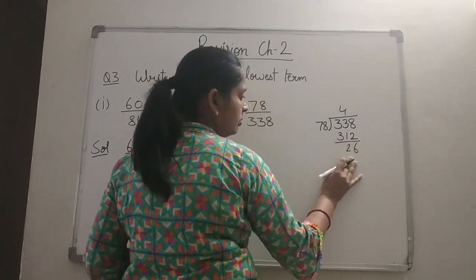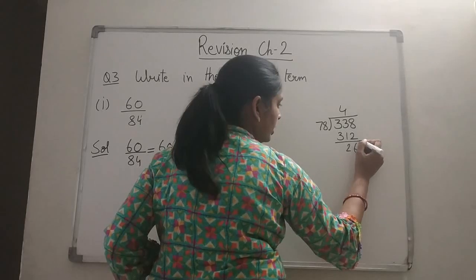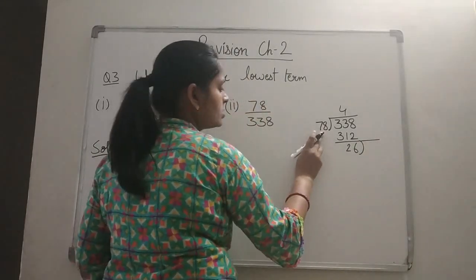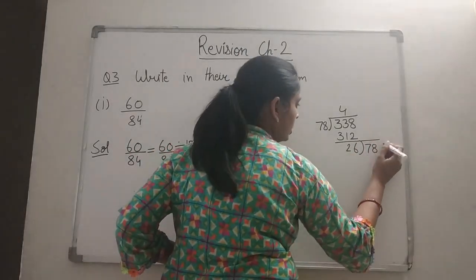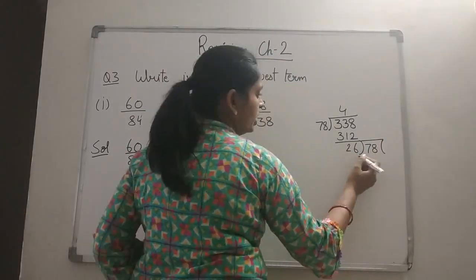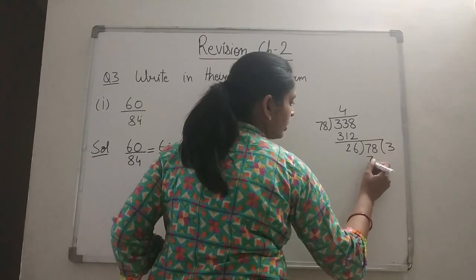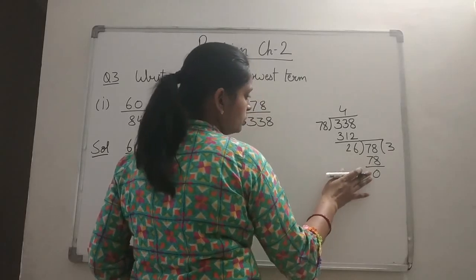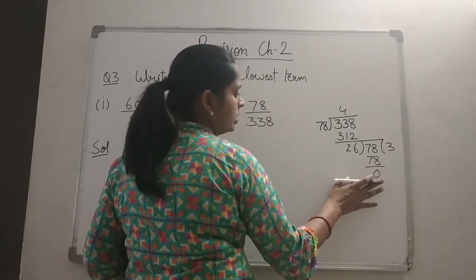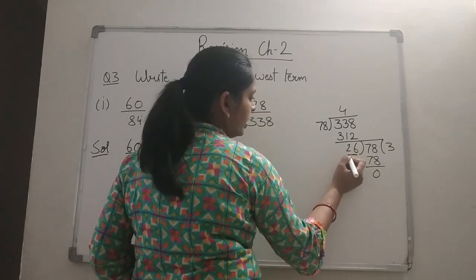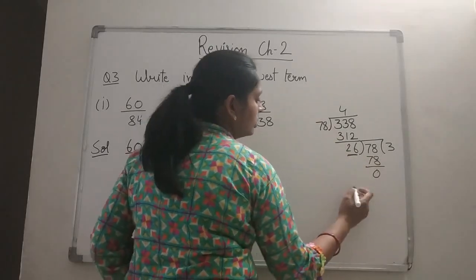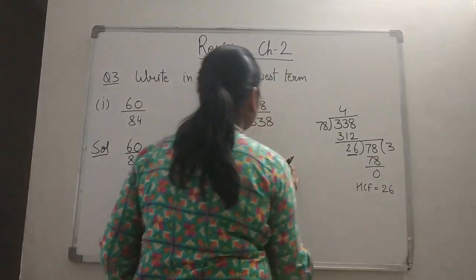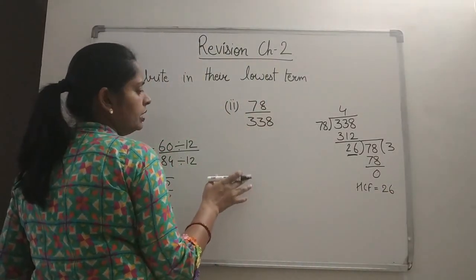We have not got the remainder as 0. So again, it will be divided by which number? The previous divisor, that was 78. So it is 78 here. Again we will divide. 26 3s is 78. So we got the remainder as 0. As soon as we get the remainder as 0, whatever the divisor is, that will be the HCF of the given numbers. So the HCF of these two numbers we got as 26. So both these numbers can be divided by 26.